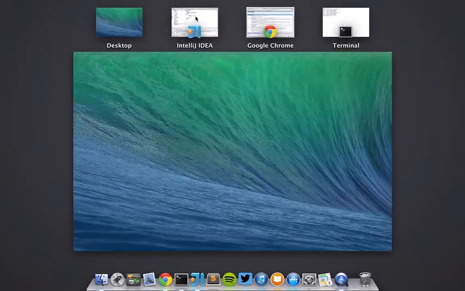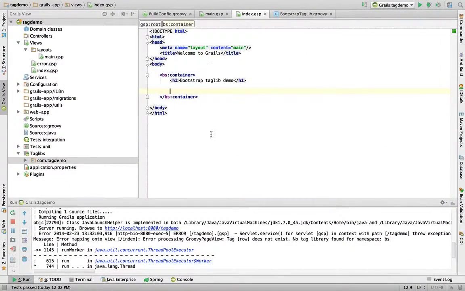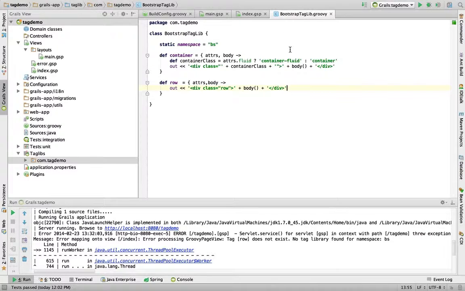So let's actually pop back. Stop this, and let's finish this up, and then we'll fire it back up again. So the last one I'm going to do is a grid. So especially in Bootstrap 3, you can have these funky names like col-md-1, 2, 3, 4, etc. So in this case, we're going to say grid,